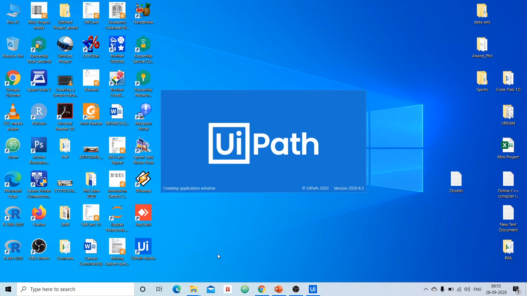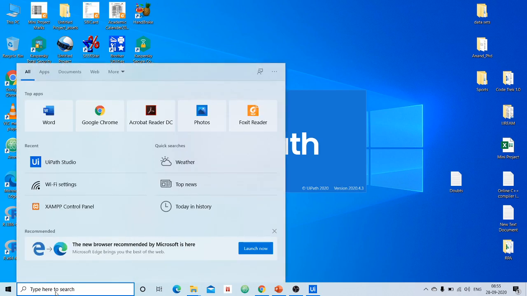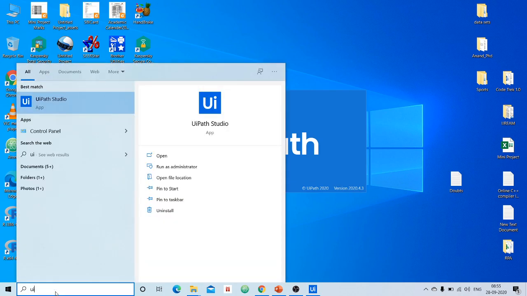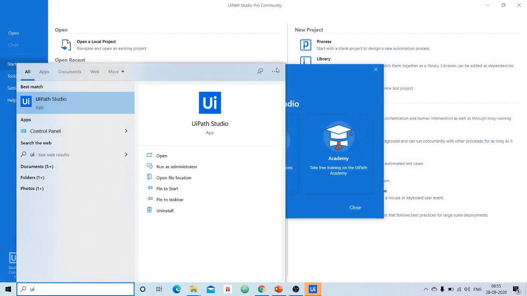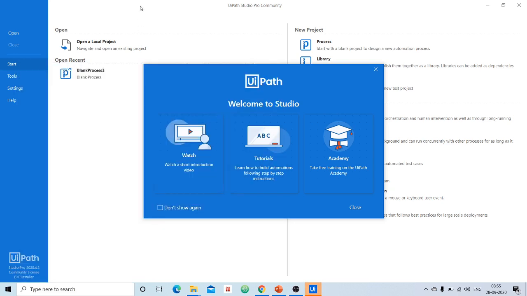If you don't do this, it will also work, but you have to go to the search program box again, type UiPath Studio, and click to launch the application. Otherwise, to make your job simpler, right click on this and choose open file location. There it will highlight the shortcut used to launch that application. Then right click on that and choose the option called send to desktop.